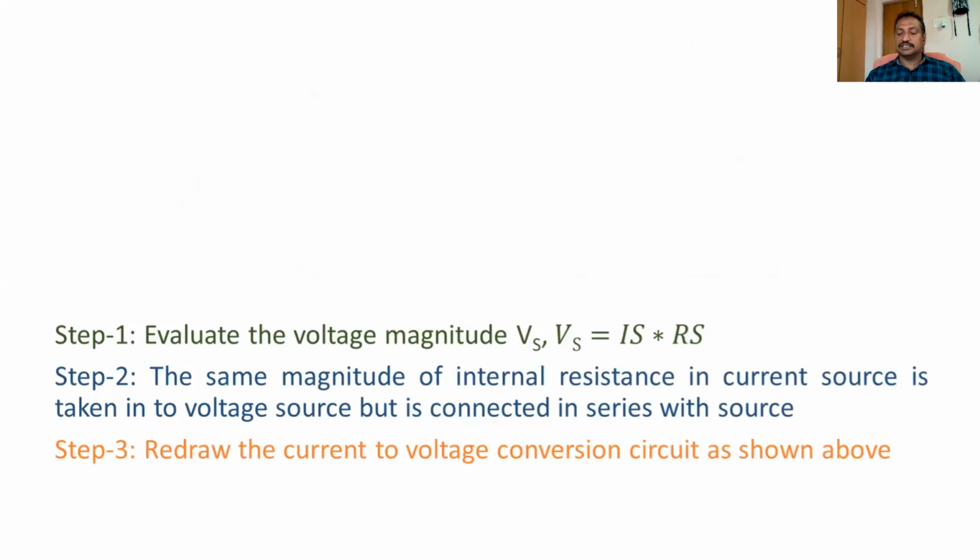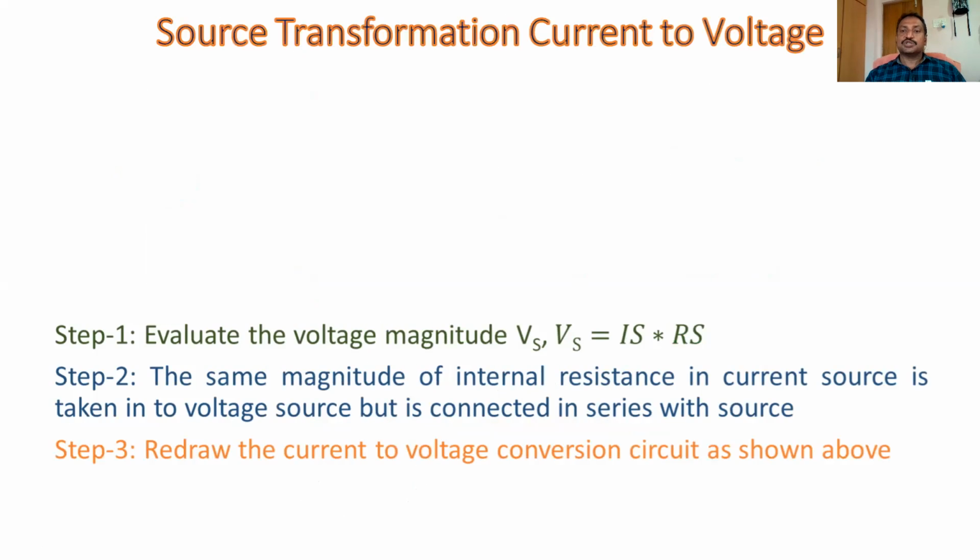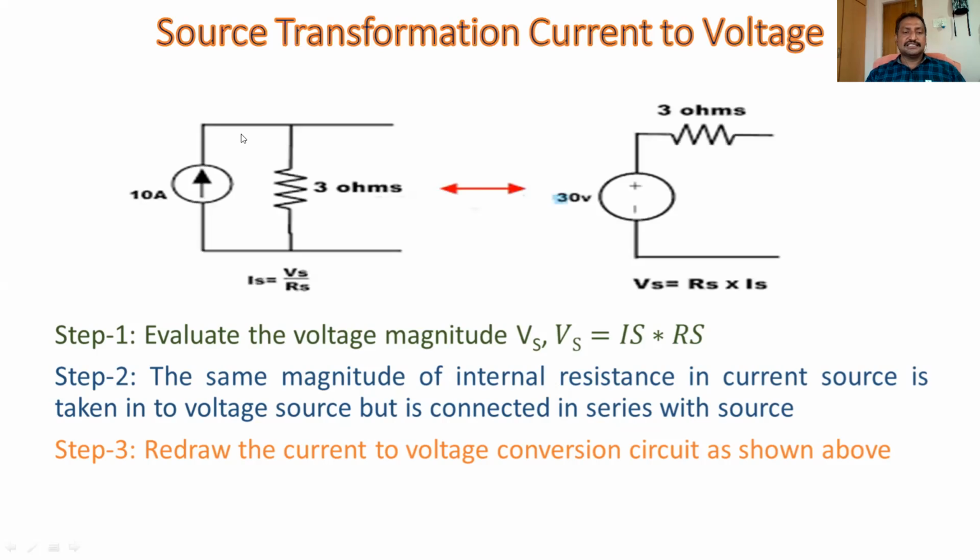So then this is about this. Then we continue with the source transformation again. So current to voltage. This is a current source, a practical current source. We want to convert it into a voltage source. How? We'll go through these steps. Then we'll come back to here. This current source should contain internal resistance, connected in parallel with the source. Here also we consider 10 amperes of the source and 3 ohms of the internal resistance.